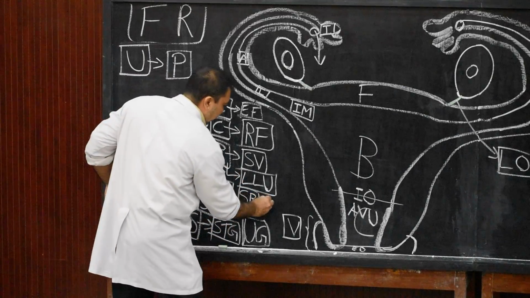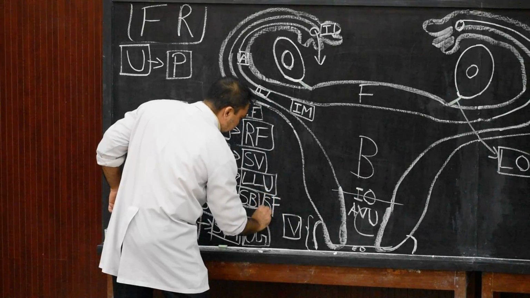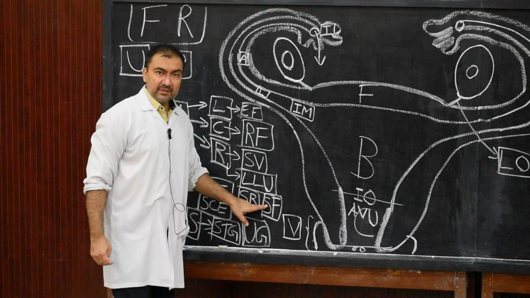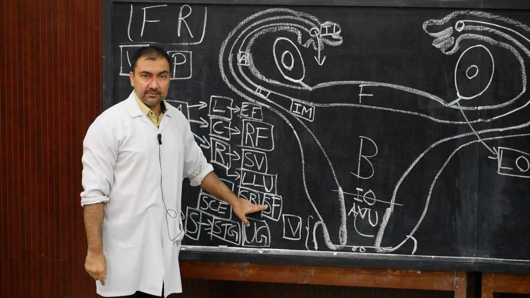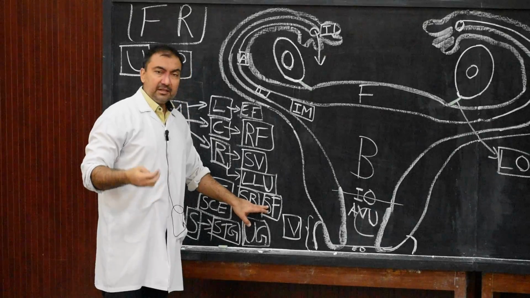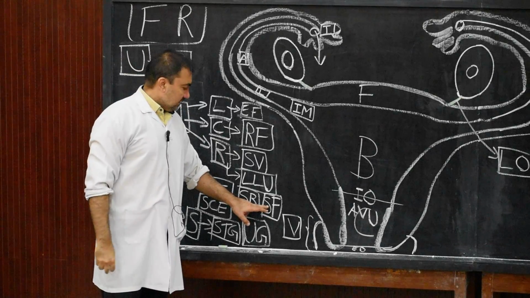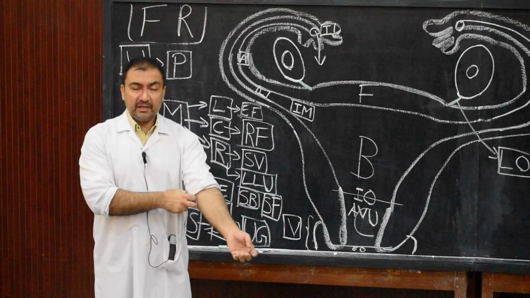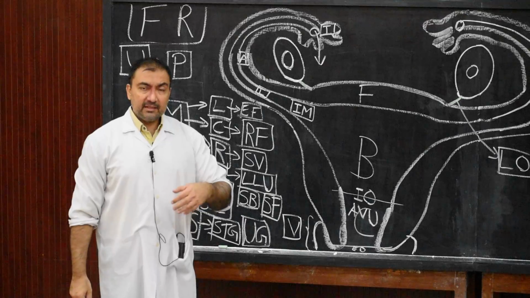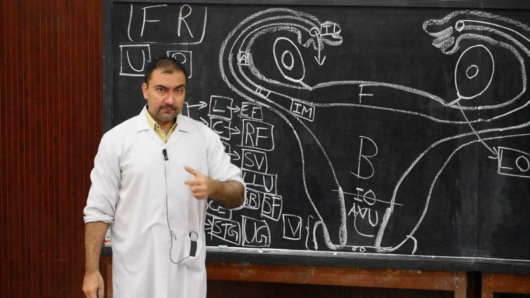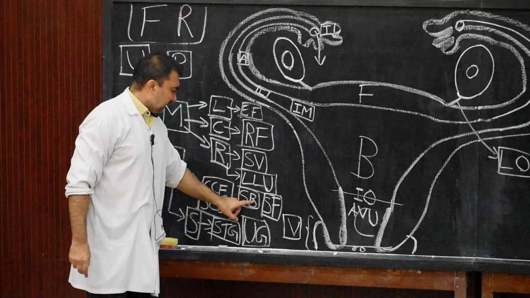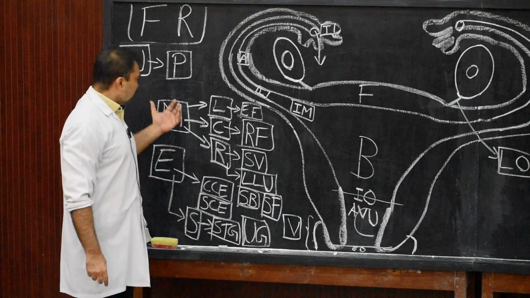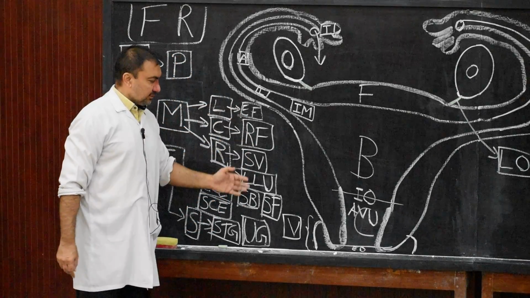The next layer is the stratum functionale, the stratum functional layer. This will be above the stratum basalis. It is supplied by coiled uterine arteries, and it will be shed, or destroyed, during each and every menstruation. Whenever the bleeding commences, at that time the stratum functional layer is shed off. So these are the two layers of the endometrium, stratum basalis and stratum functionalis. So here we finish the important points of the uterus.